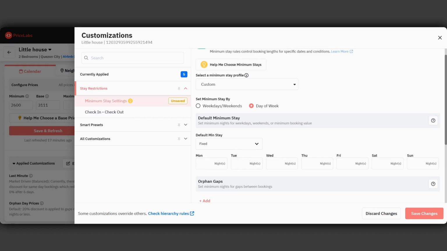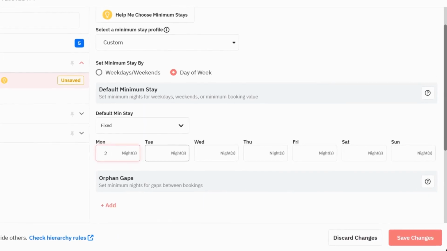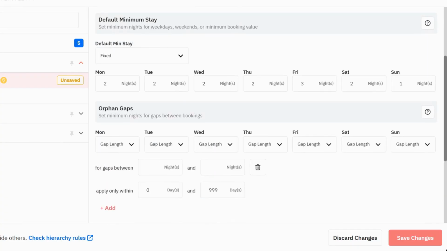To do it by day, the steps are similar, but we enter a minimum for each day. For example, 2 nights from Monday to Thursday, 3 for Friday, 2 for Saturday, and 1 for Sunday. The same rules apply for other settings. For example, you can set gap lengths from Monday to Saturday, and just 1 night for Sunday, with gaps of